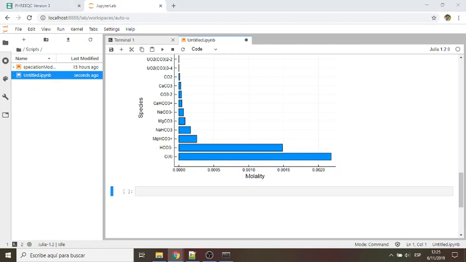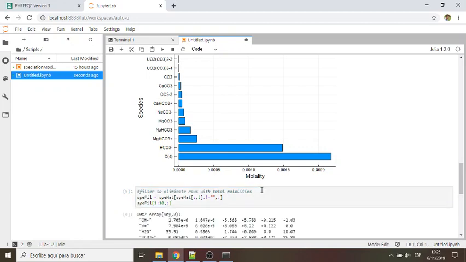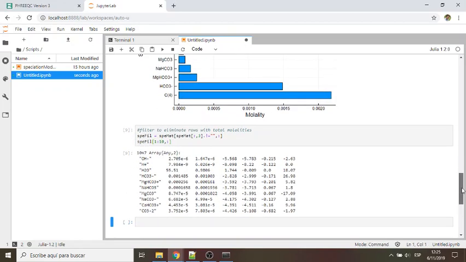Then we want to analyze which are the most abundant species. For that, we filter out all the total molarities per element. Actually, here there is no carbon, because carbon is not a species. Then we insert something great that is a struct object. What is a struct object? A structured object is